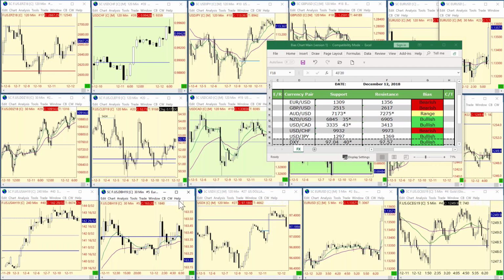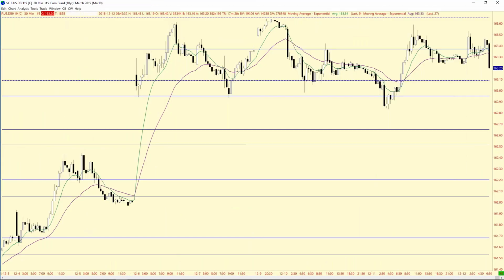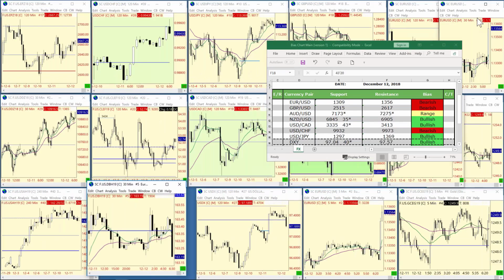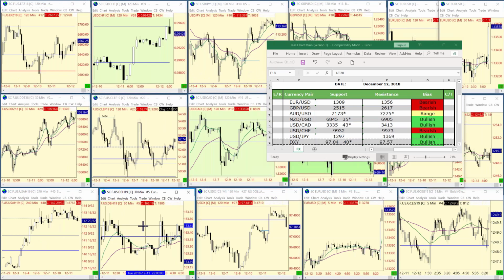But anyway, that's it. So let's take a look here with the euro. With the bunds, support is going to come in at 63.09. You see it right there. So keep an eye on that. 63.09. You get down there, if you're still in the euro, you may want to consider lightening up. So that's 10 ticks away, 63.09. Also, the market will be focusing on quite a bit as we move into the new time zone with the start of the European crossover. So it's going to be 63.09 here for the bunds.